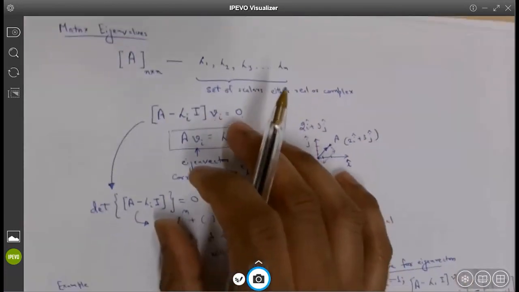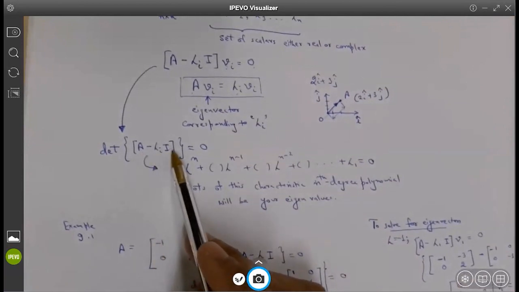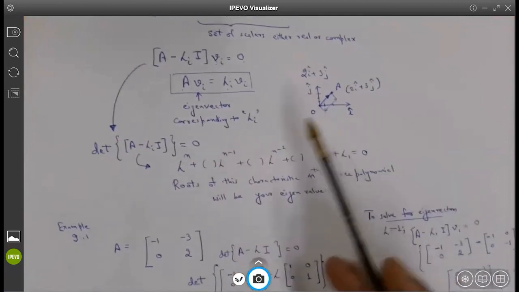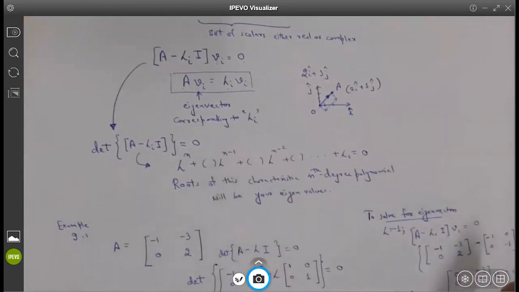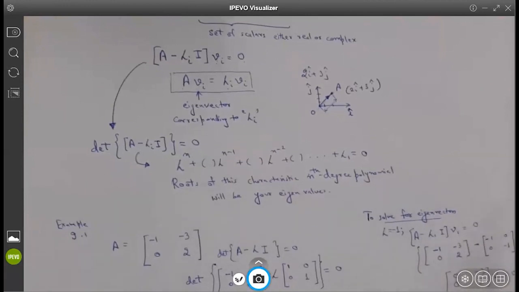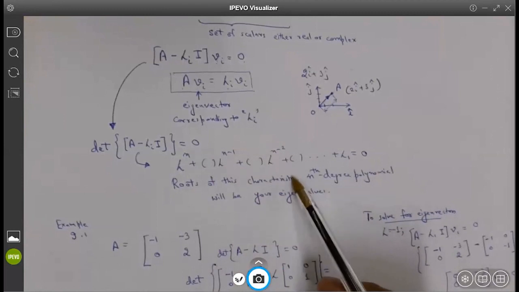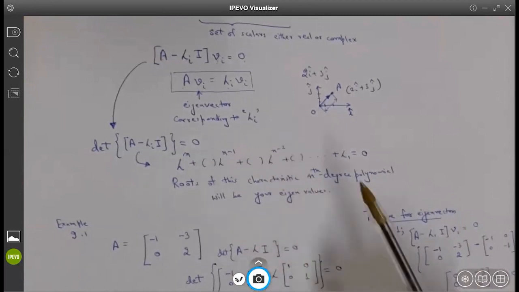That's number one. And how to get the eigenvalues? First, you solve this equation where A minus lambda times the identity matrix, you take the determinant, and set it equal to 0. You will end up with an nth degree polynomial, and you solve for the roots. By now, you know how to find the roots of a polynomial. You use numerical methods. There are so many other methods that you have learned so far. You can easily find the roots of a polynomial, and that will give you the eigenvalues. We will also see some other techniques of solving for the eigenvalues in this chapter when we cover these methods. But solving the roots of this equation will give you the eigenvalues.